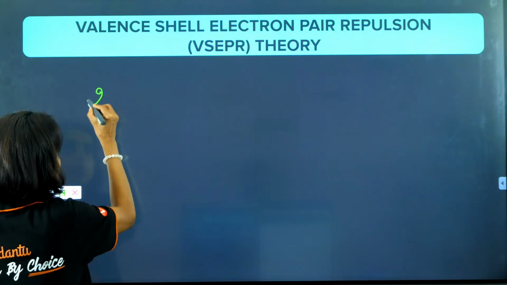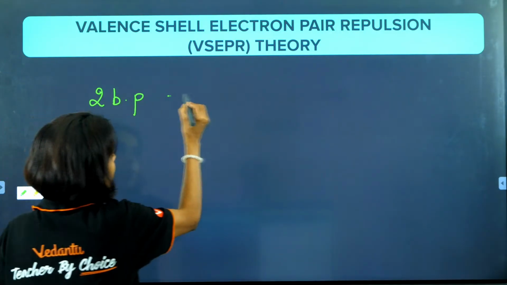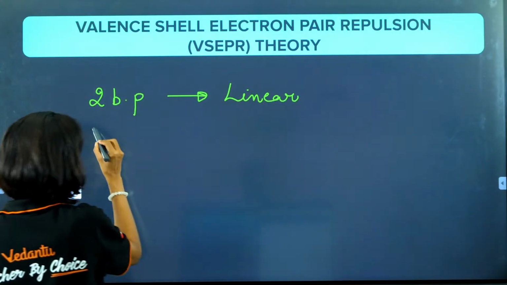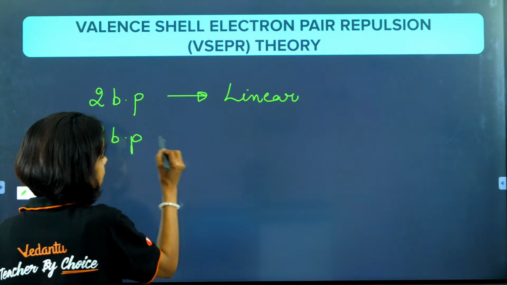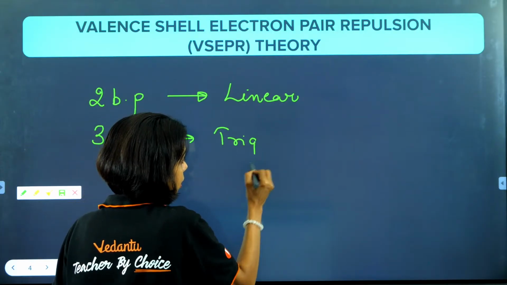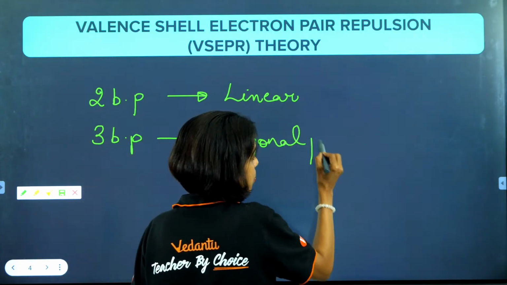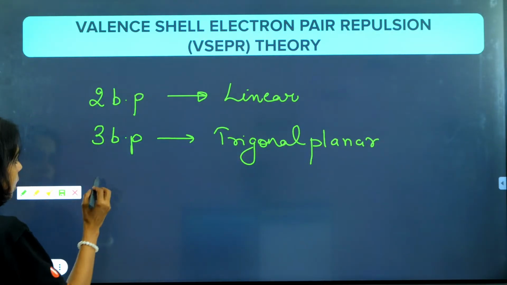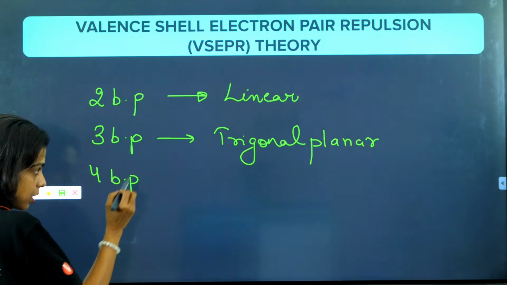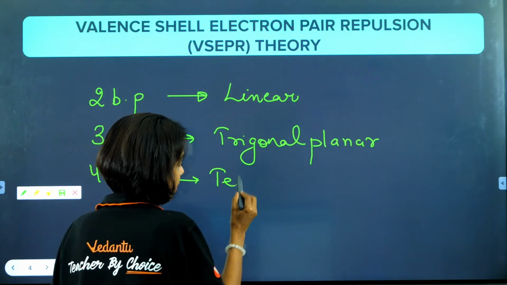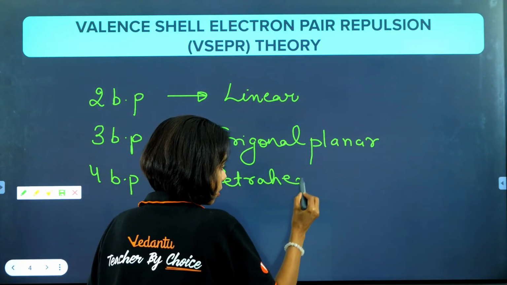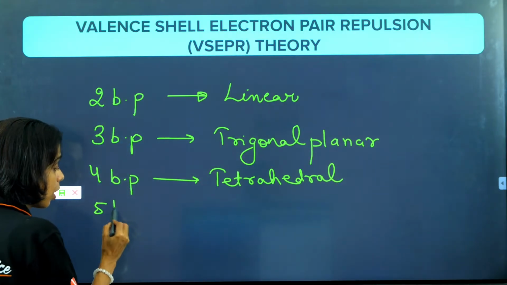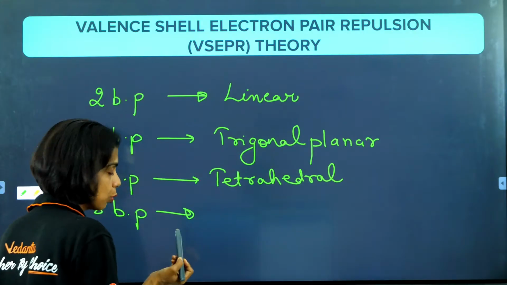So if there are 2 bond pairs around the central atom, what is the geometry? Linear, 180 degree bond angle. I hope you remember. 3 bond pairs we did, trigonal planar. Trigonal planar is the geometry, 120 degrees the bond angle. If there are 4 bond pairs, 4 bonds around the central atom, then it will be tetrahedral shape, right guys? 109.5 degree bond angle. If there are 5 bond pairs, 5 bonds around the central atom, no lone pair, then